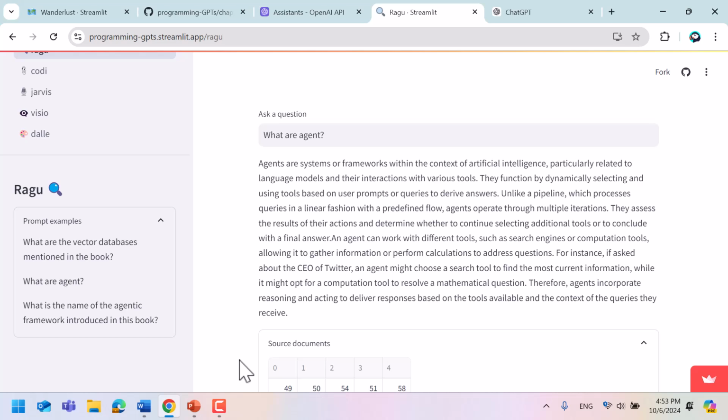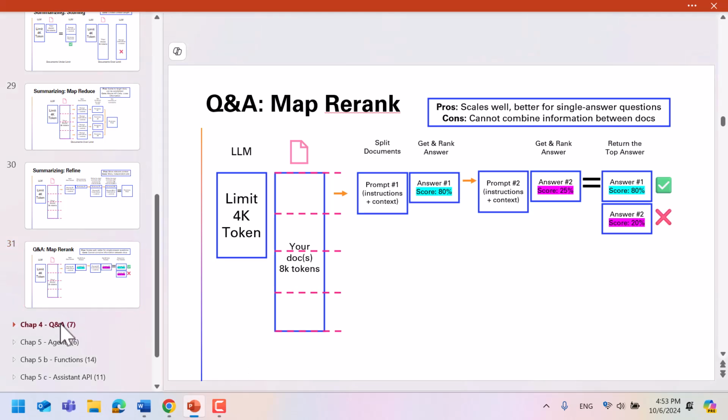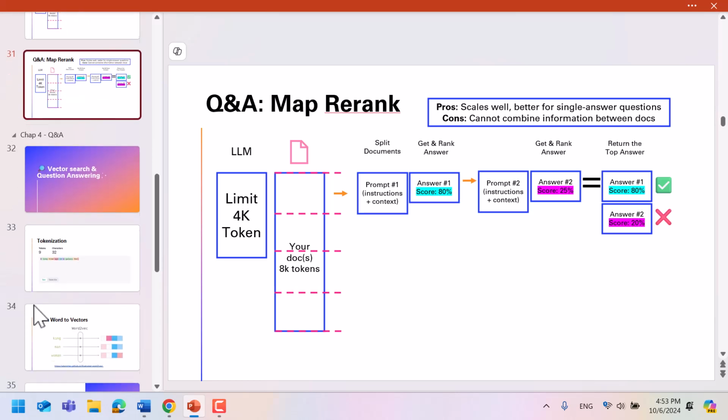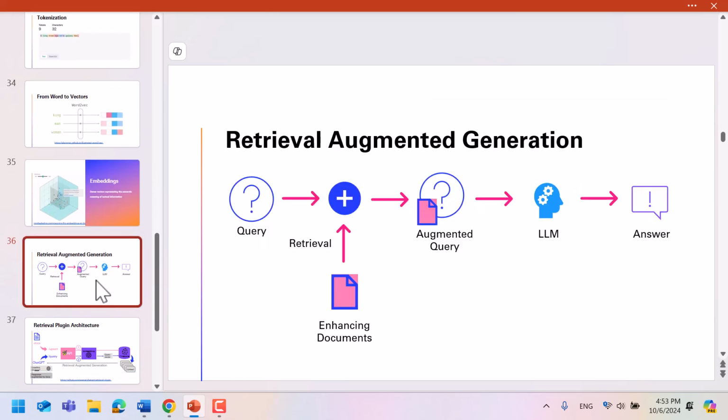And this concept is called retrieval augmented generation. So I'll show you a diagram that illustrates this notion.